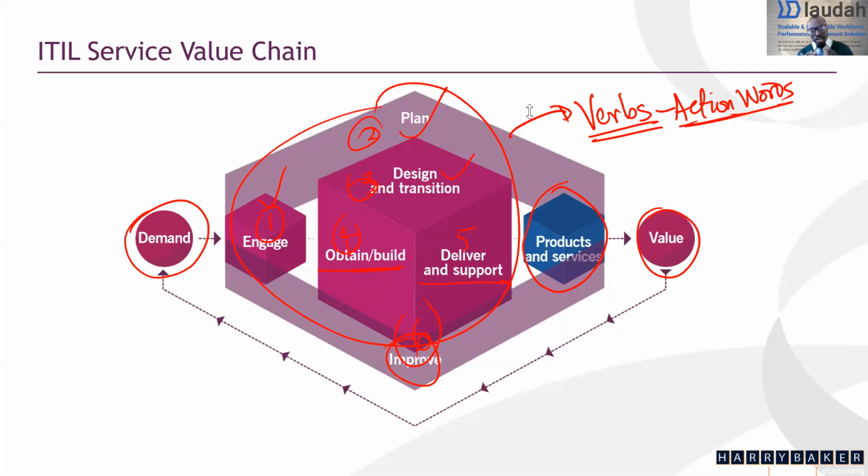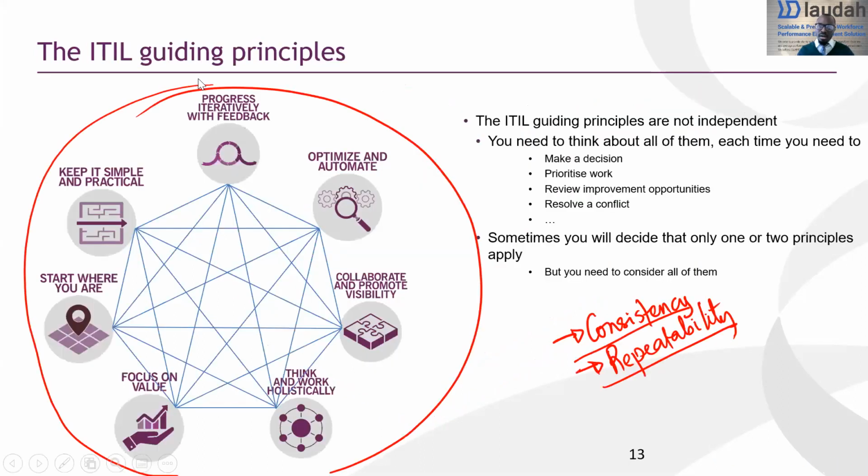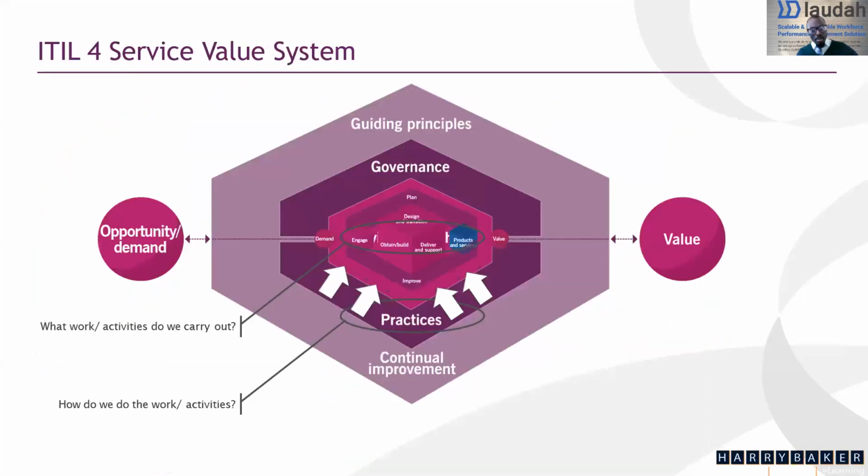So the middle of the entire system is what we call the service value chain, and the service value chain itself has six main activities. So let me go back to where we're coming from. The ITIL 4 system has principles. Number two has governance, that's the organizational governance, the directional control. And at the middle, we have the service value chain, and that's where the transformational